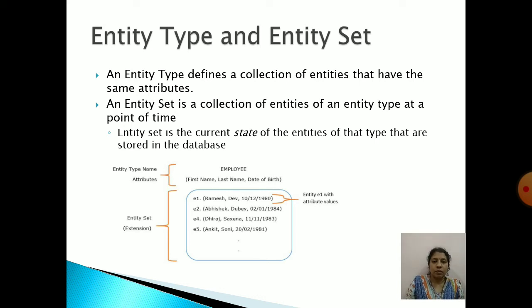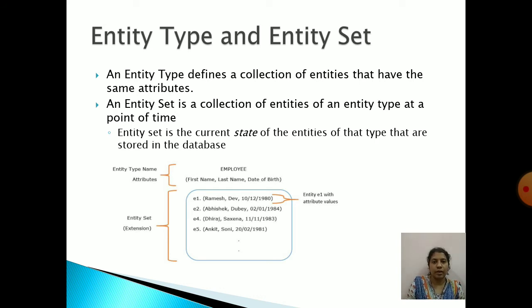Now, what is meant by entity set? Entity set is a collection of entities of an entity type at a point of time. That means if I see how many employees are there in my database, say 100 employees, then these 100 employees are nothing but instances of the employee entity type.